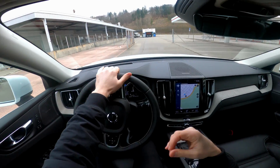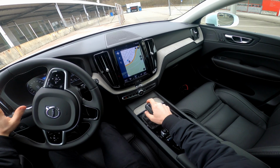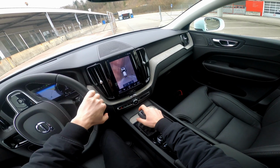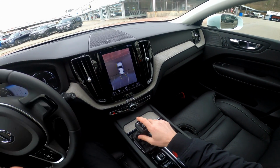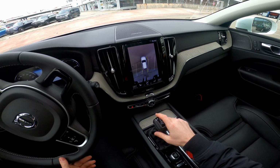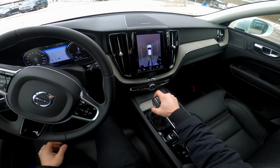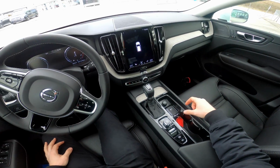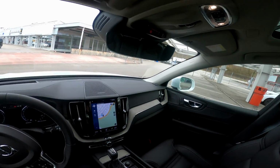Also, if you want to park the car, for example, let me show you. Check this out, guys. How nice it maps up the ground there. I don't know if you can see it on the camera, but it is impressive how nice, how good, how easy you can park this car. It's phenomenal. Love it. And then close the engine just like that. Electronic handbrake. Perfect. Okay, that was the test drive, guys, with the Volvo XC60 T5 Inscription all-wheel drive with this